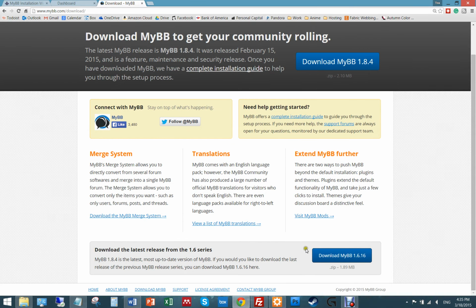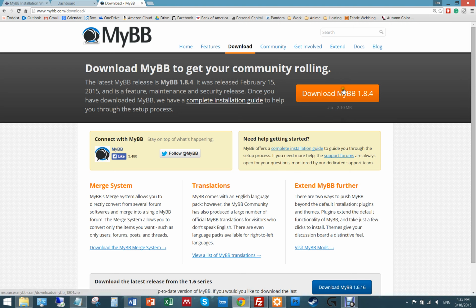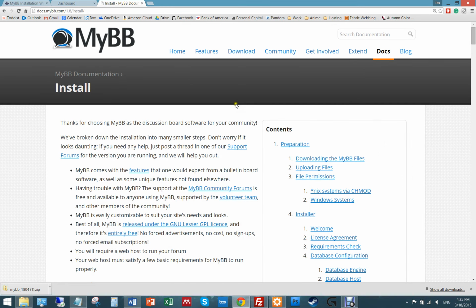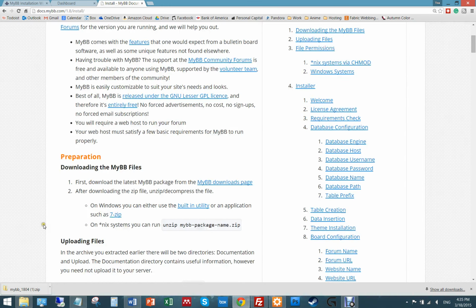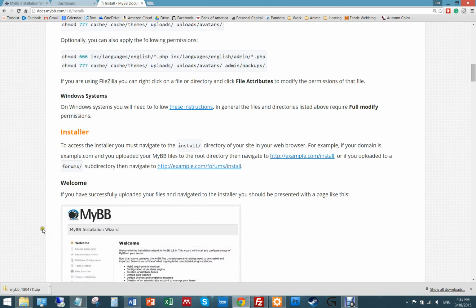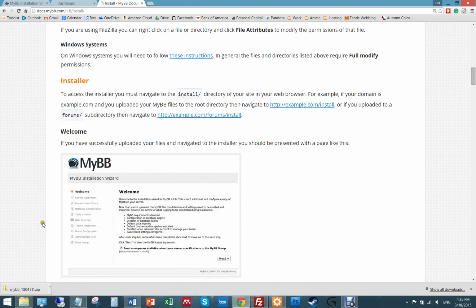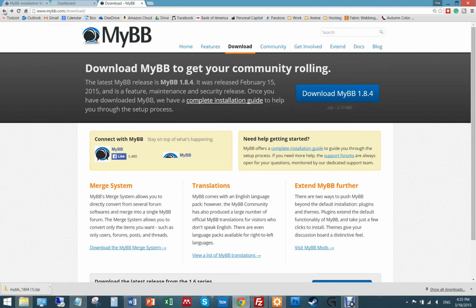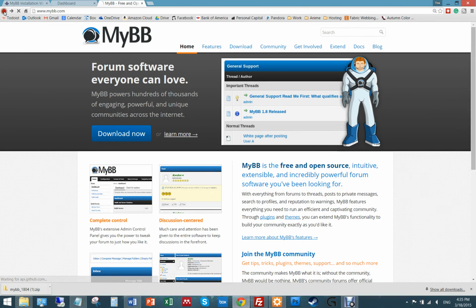The 1.6 series is still available, which is what some people prefer to use, but for now we're going to want to download the 1.8.4. They have an installation guide, which is very good, and I definitely recommend you use this whenever you need to check things. This is the general installation, which is what most people don't do. I usually set that up for everyone, but you will want to know how to